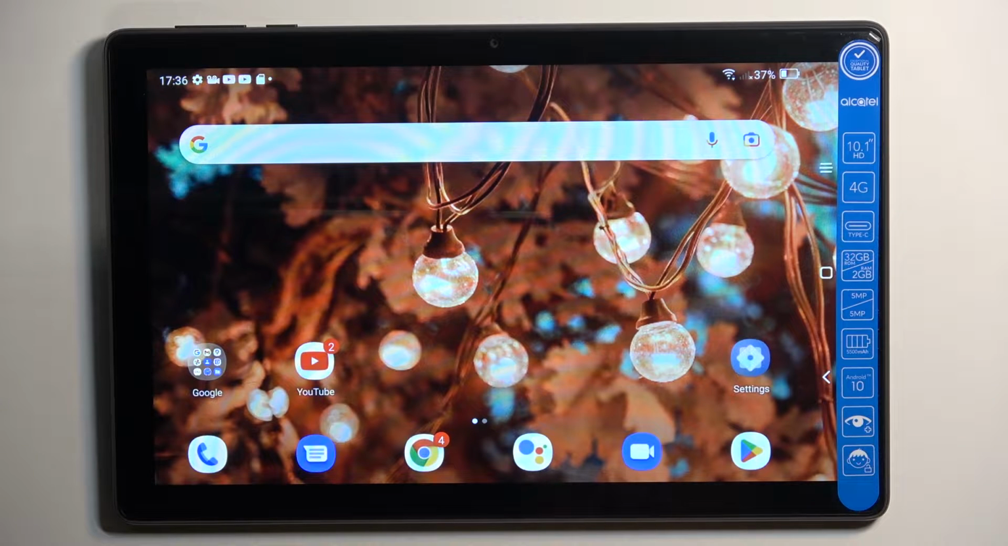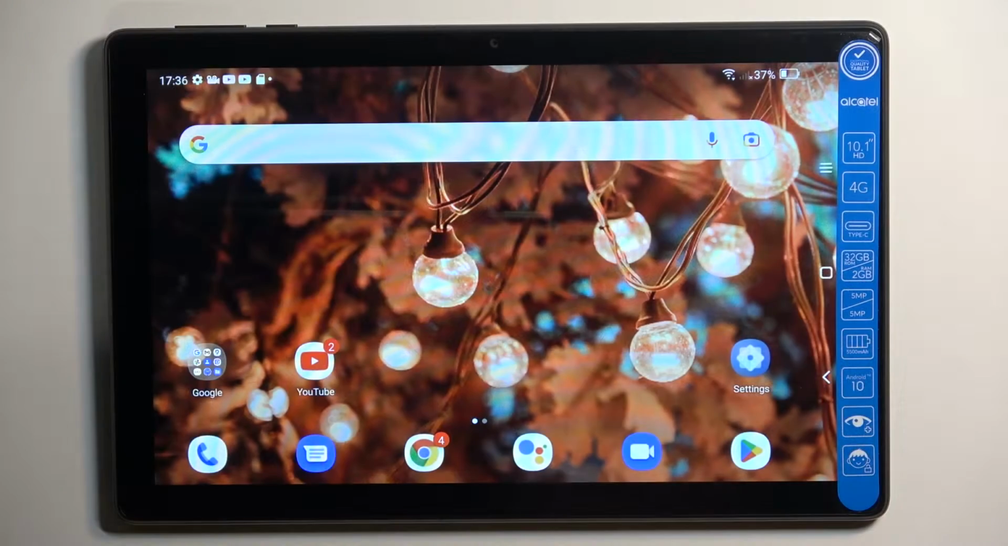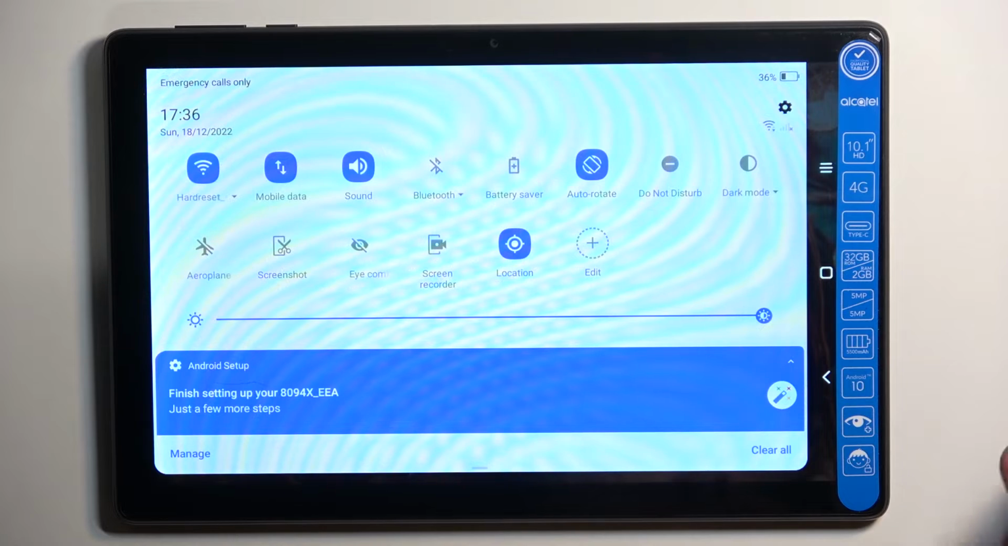Welcome. In front of me is an ALCATEL 3T10, and today I'll show you how you can enable and also set up your portable hotspot. So to get started, pull down your notifications straight from the top, and you can also swipe down once more